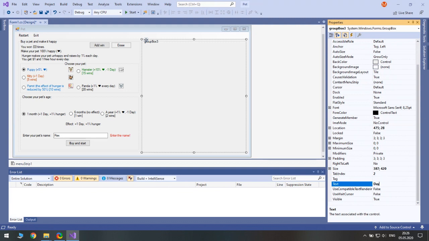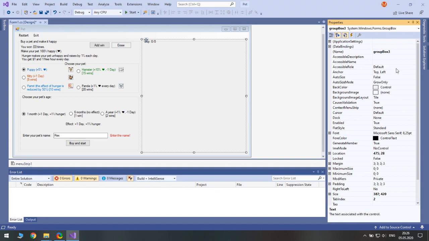So it will be like this: day current out of total. In order to change it in code, we will need to access it by name. So change its name to day group box. We will show the current happiness, money, free hours, and hunger.